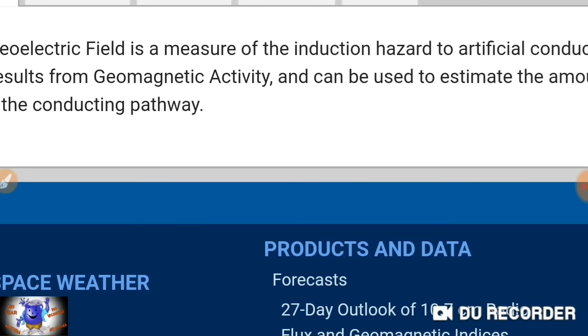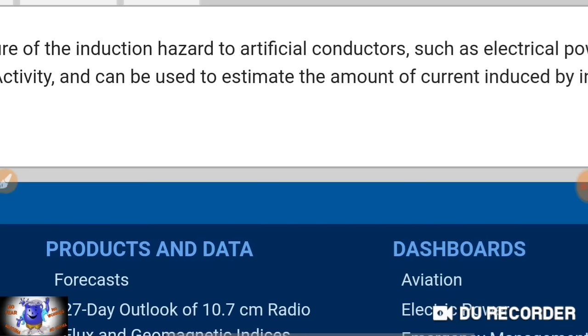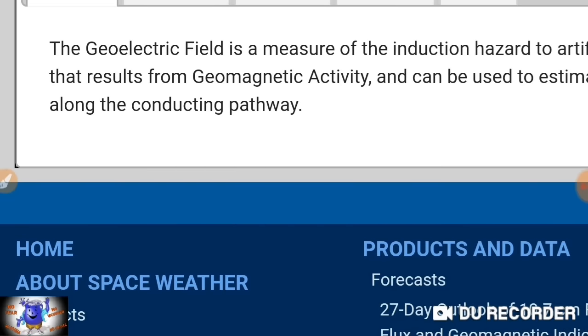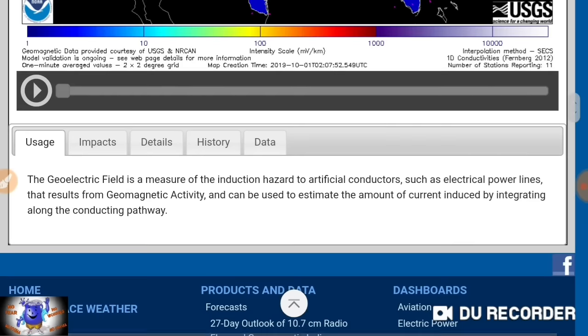And I wish I had shown you guys this model earlier in the week before this hit, and that way I could have shown you throughout how this model actually is going to look when there's an event going on. It says it can be used to estimate the amount of current induced by integrating along the conducting pathway. Okay, that's a bunch of vocabulary. I'm sure you guys are smart enough to understand that, but to put it in ways that we can kind of remember,